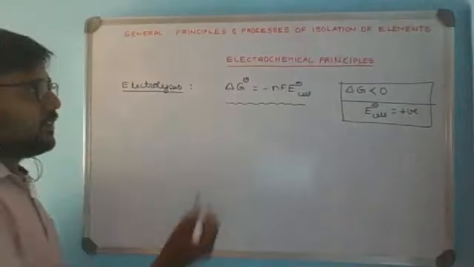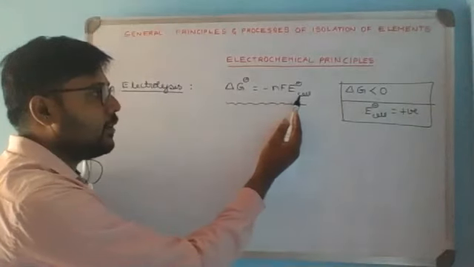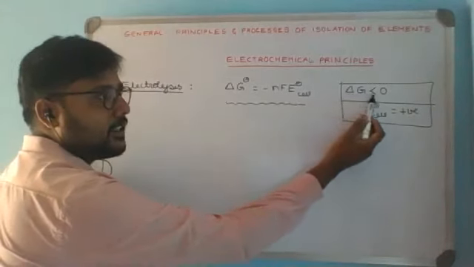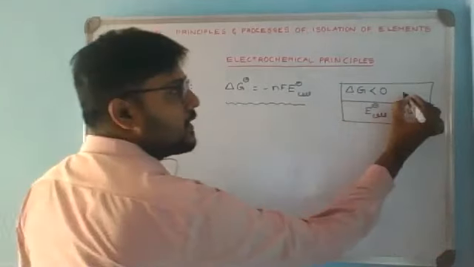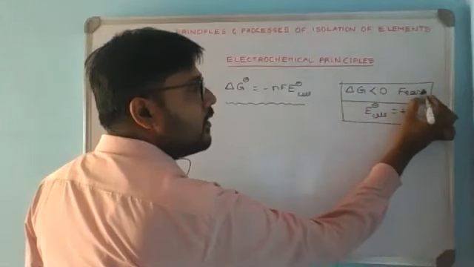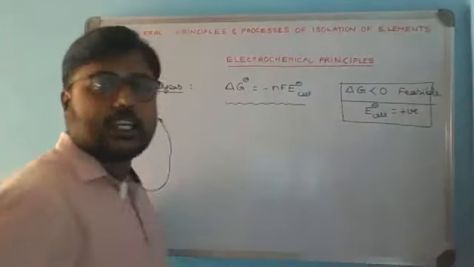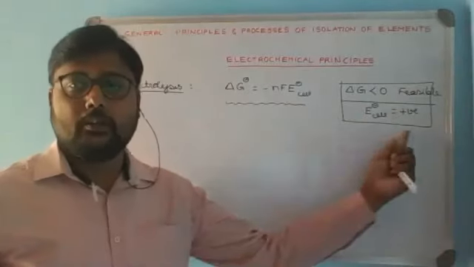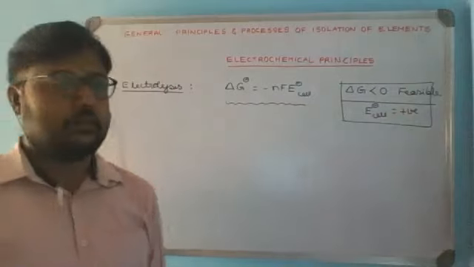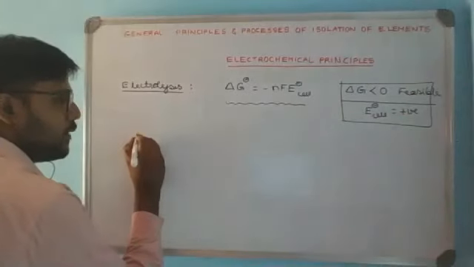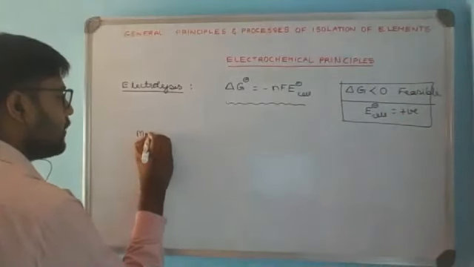If you recall the equation, delta G0 is equal to minus nFE0. To make delta G0 less than 0, or the process a feasible process, the overall standard electrode potential of the cell should be positive. Now, if we analyze the metals, metals can be classified into two types, that is more reactive metals